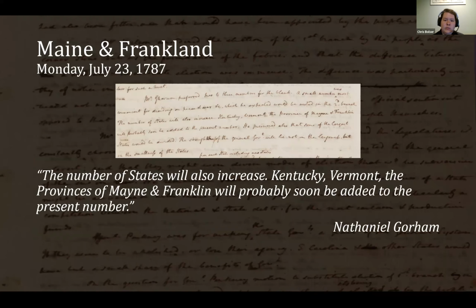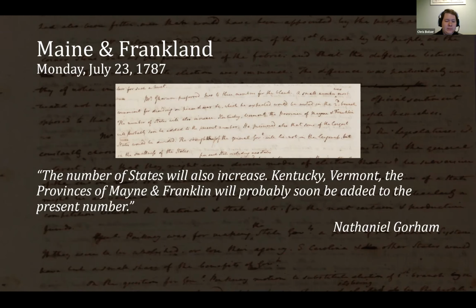The context here was regarding how many representatives each state should have in the national legislation. And this was, I believe, before the idea of a House and a Senate really came to be, because there are people arguing for two and there are people arguing per capita, number of people per capita. So in this case, we have Nathaniel Gorham, who is the leader of the Continental Congress at this point, and also a delegate from Massachusetts. Maine was a part of Massachusetts,